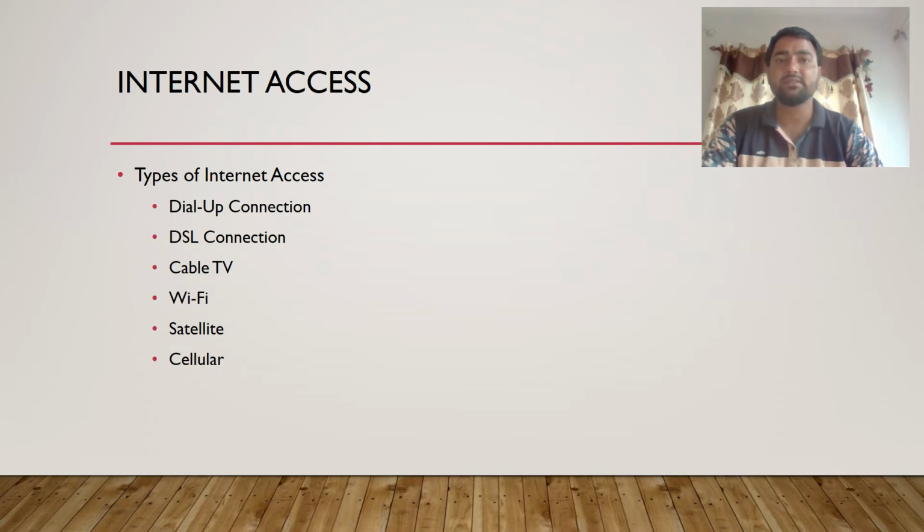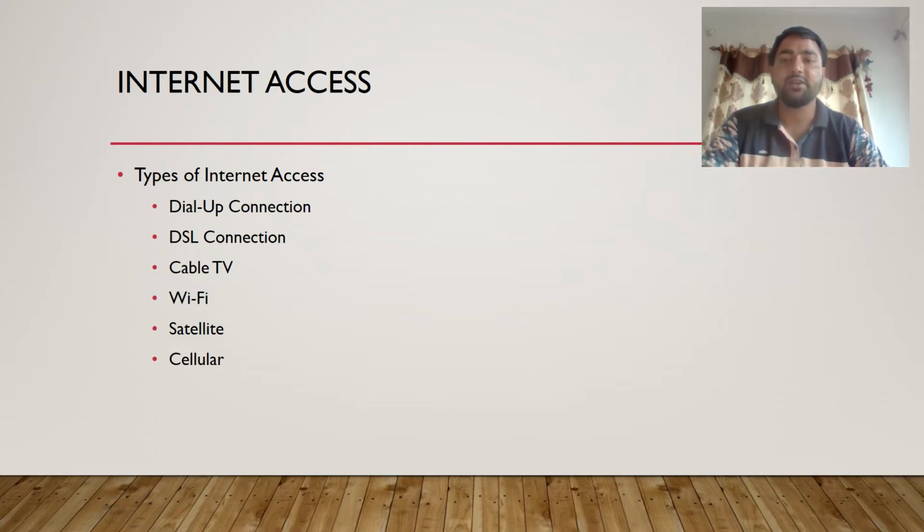Then comes cable TV connection. Cable TV connection is an internet connection that is given along with the TV connection of your home. That means you watch various TV channels using the cable connection, and through that same cable connection, the cable provider gives you a separate modem for internet connectivity, to which your system can get connected to the internet. But because it is an open network accessible to all, security is very low in a cable TV connection.